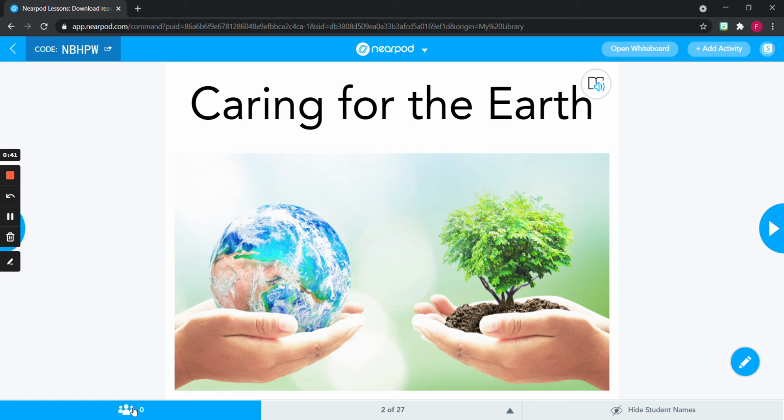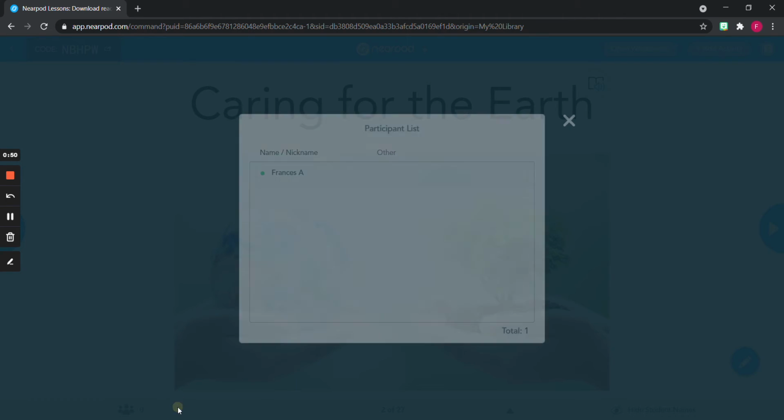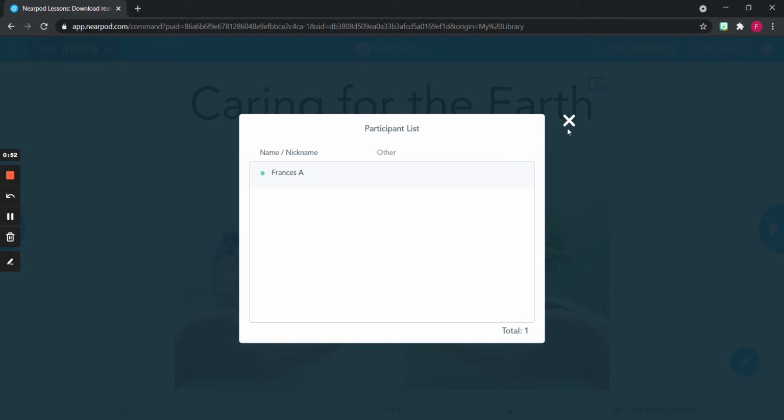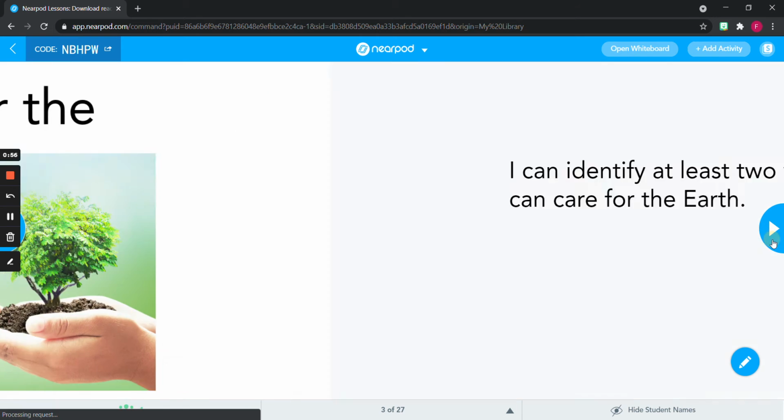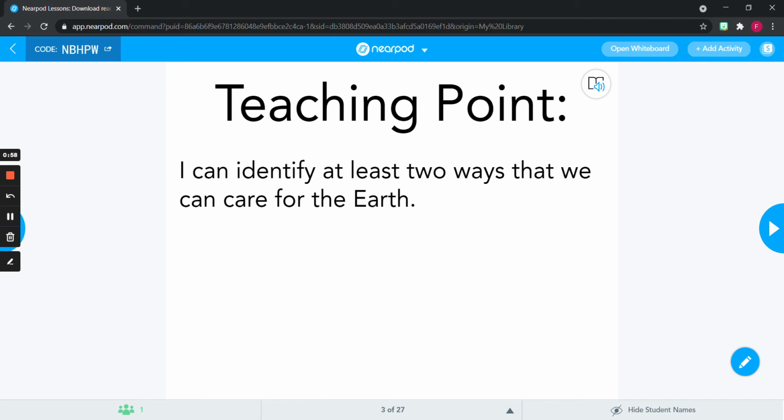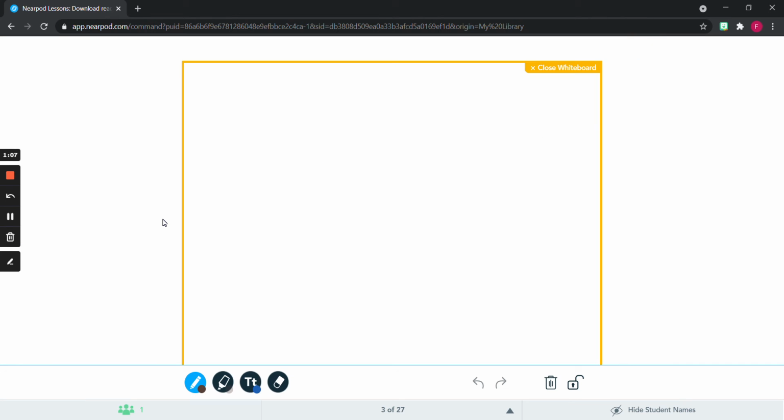So right now I'm going to have a student join, and it should show it active as soon as they enter the lesson. And as there's one student there, we can continue with the lesson. The teacher has the ability to progress the slides. Also has the ability to have the slides read using Immersive Reader. If they need, they can open up a whiteboard to write